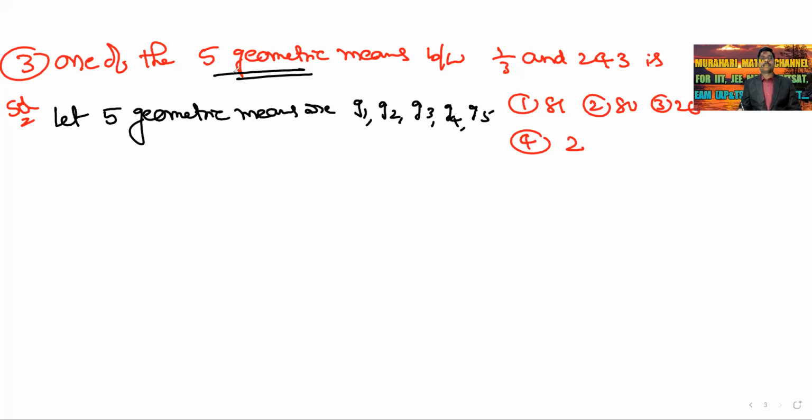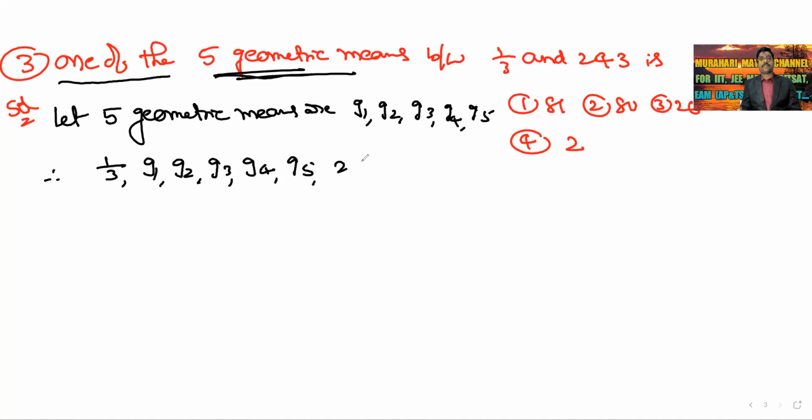Okay. So what is given? One of the 5 geometric means between 1/3 and 243. Therefore, what is the first term? 1/3, G1, G2, G3, G4, G5, 243 are in geometric progression. In this, the first term A is equal to 1/3